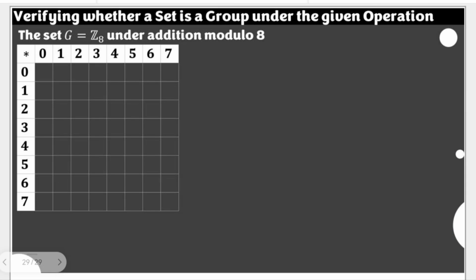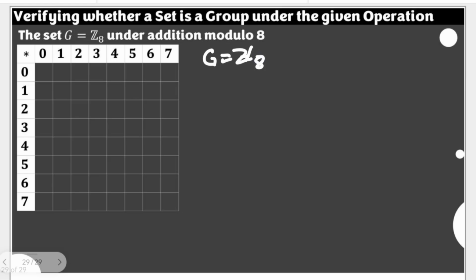Let's verify whether the set G here, represented by Z8, is a group under the operation addition modulo 8. So we have this Cayley's table here. We're going to complete it later. But of course, we are going to start with the idea that our set G, which is equal to Z8,